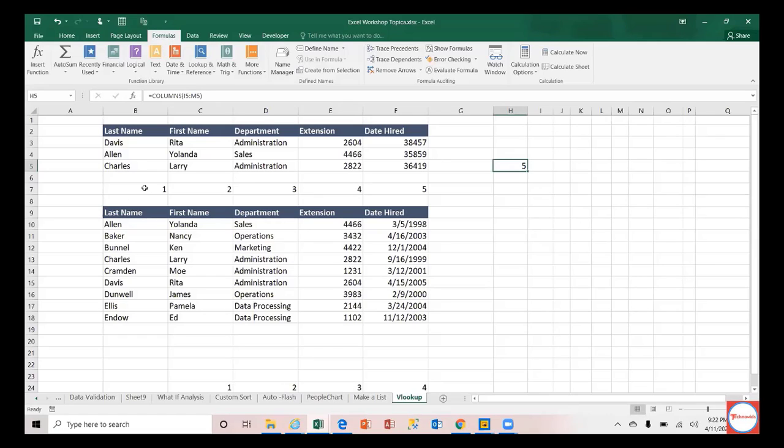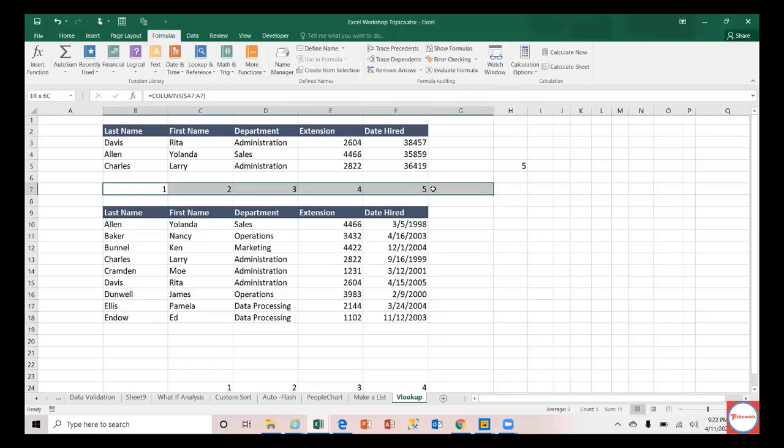So I have used the same concept here. If you notice, I have not typed here. I have used COLUMNS of A7 to A7. I have fixed this A, so A7 to A7 has only one column. When I come here, it is A7 to B7, A7 to C7, A7 to D7, and A7 to E7. That's why I am able to generate a running number here.